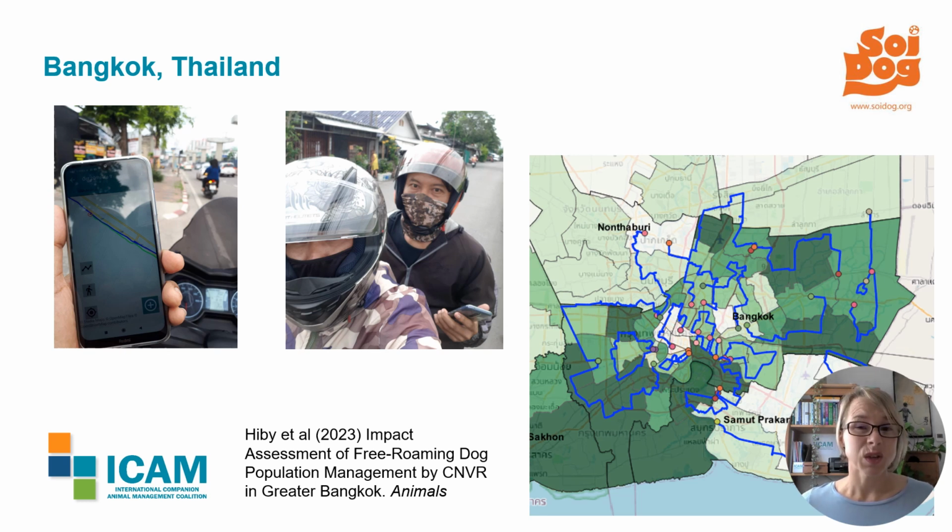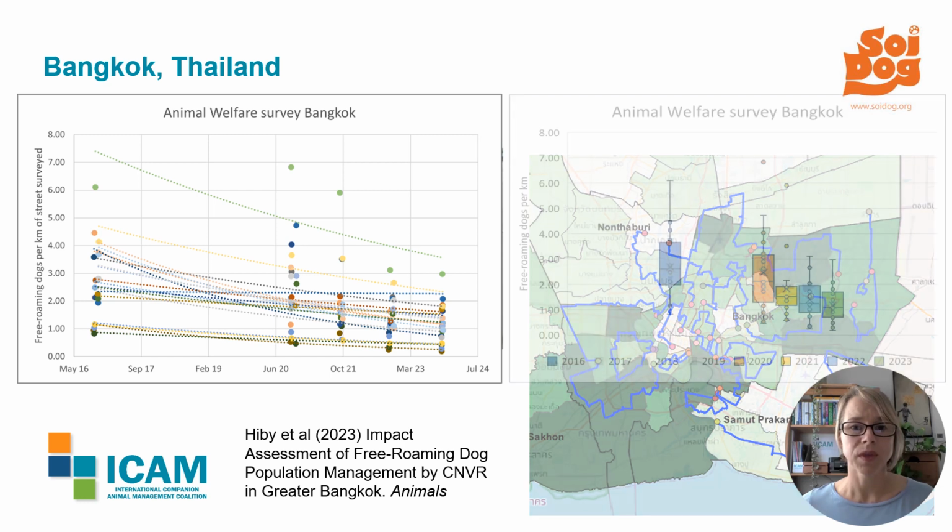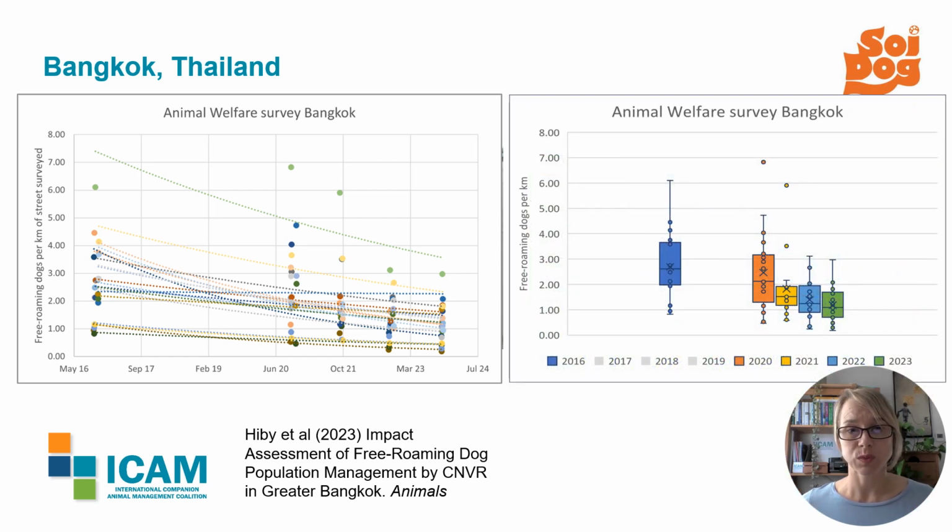Because their working area is so large, they use 20 routes. Each one is surveyed from a motorbike over a period of 1 to 2 hours by 2 people. They completed this survey at baseline in 2016, and then they started up annual surveys from 2020 onwards. The data on nearly all of these 20 routes has shown a steady decrease in the number of dogs per kilometre of street surveyed over time. And when we look at the average dogs per kilometre of street, we can see this has shown a very significant decline overall.